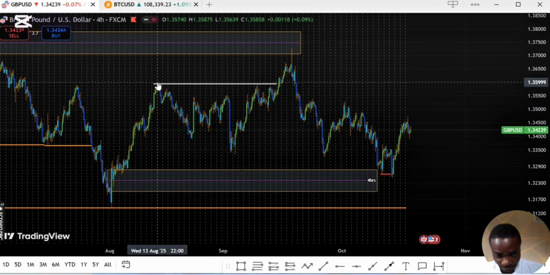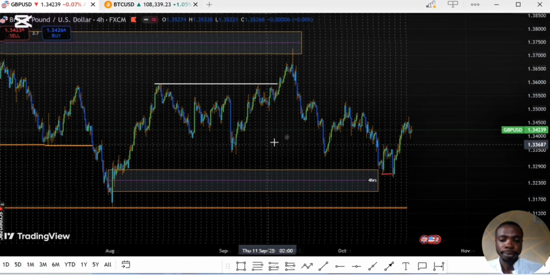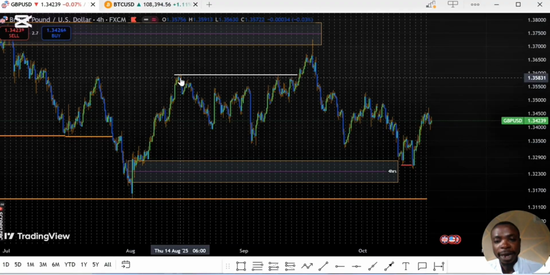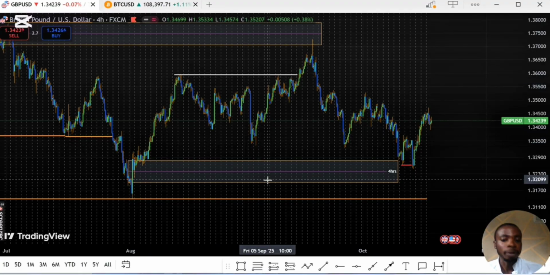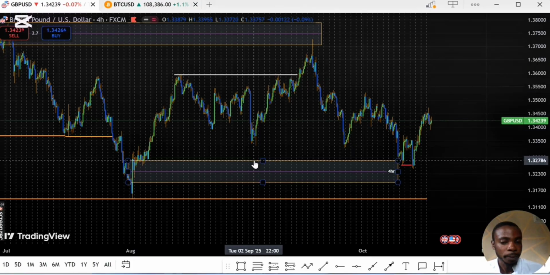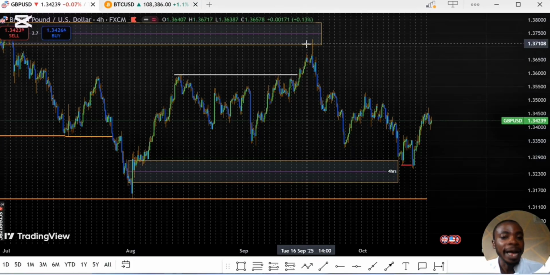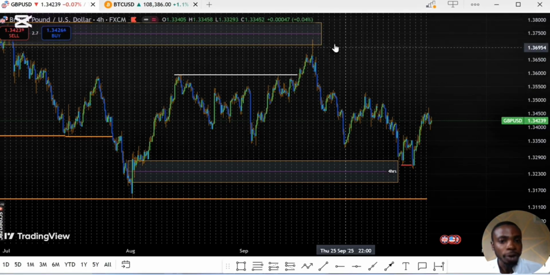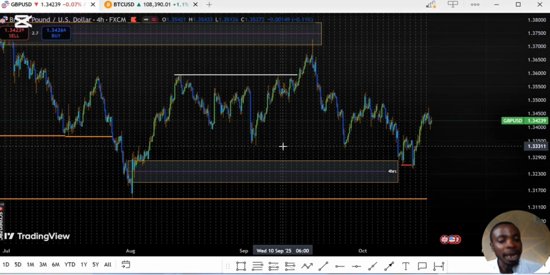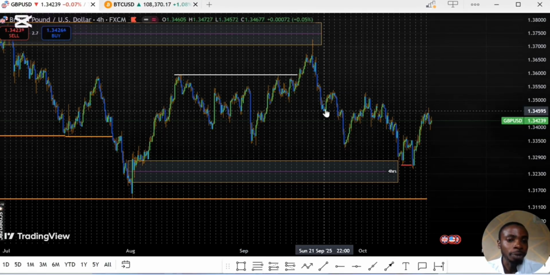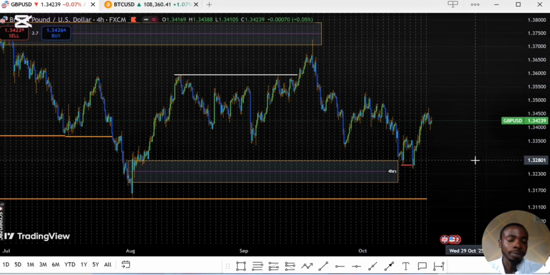this structure. There's an incomplete pullback, which is this. The market put on its high. Market was supposed to come back here on my goldie zone before putting out another high. The market did not get to the goldie zone, and they put up another high. To another goldie zone, market was supposed to come down and continue if it will continue. The market tapped into this zone and took out that low, which makes this 4-hour structure a high, a low, a high, a low.